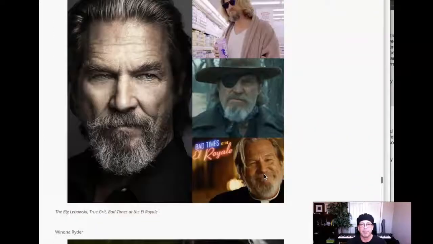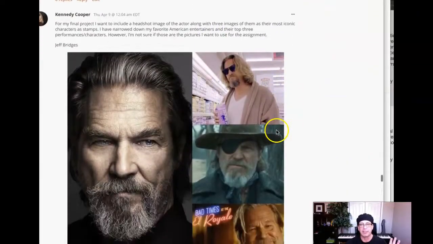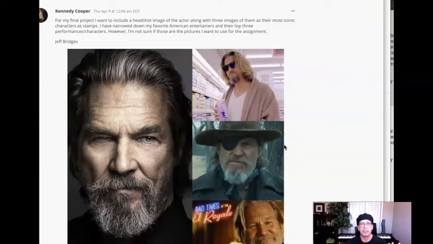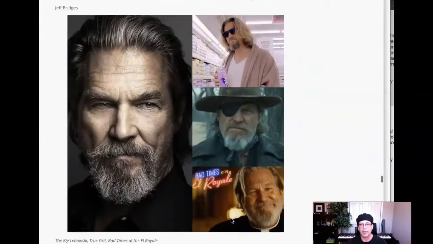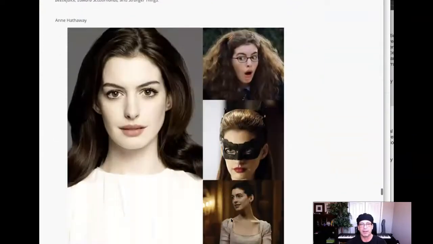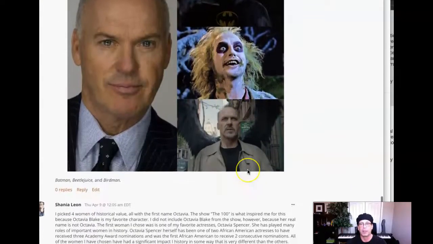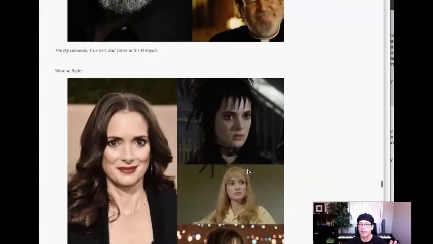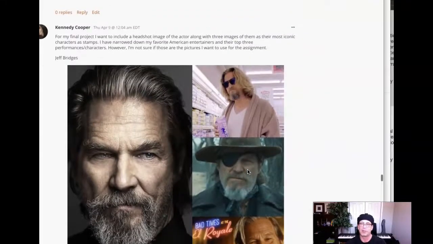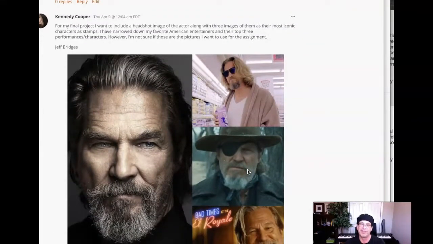Nice. But if I understand this correctly, is it your intent for each stamp to show the actor on the left and then 3 iconic roles on the right? We see that, with all 4. Right now, I don't recommend this because this is just a ton of work. We just don't have time. I mean, this is due